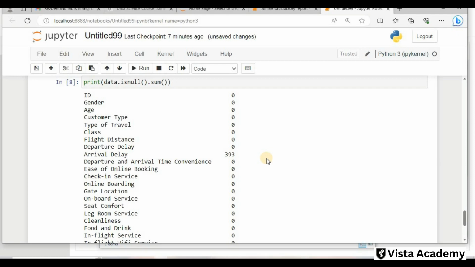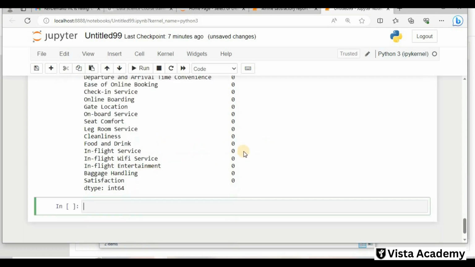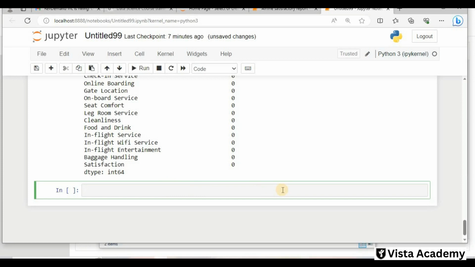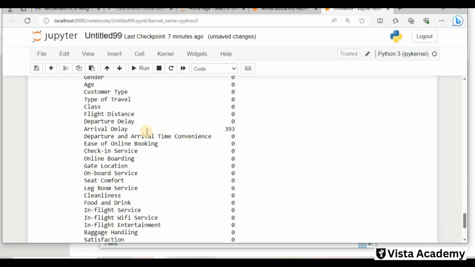So in arrival delay we have to fill something, and what we can do here is put a zero value, like whatever departure time is there, I would just like to put 0. So for that, I will create a data which is our arrival delay.